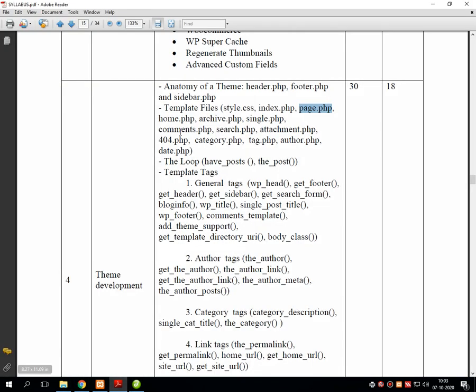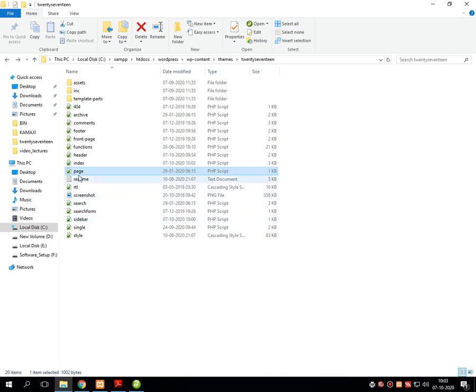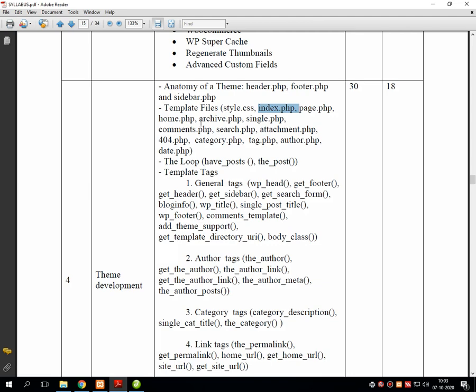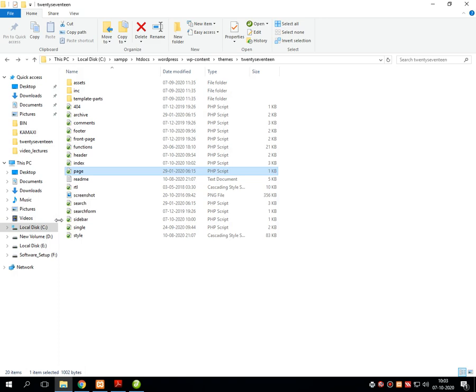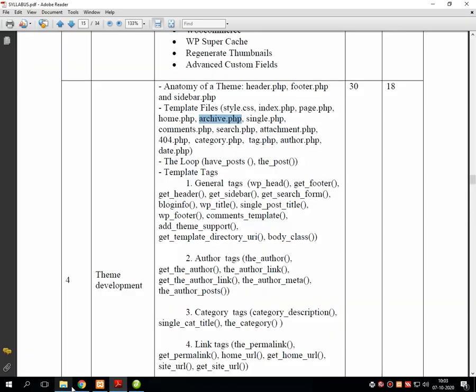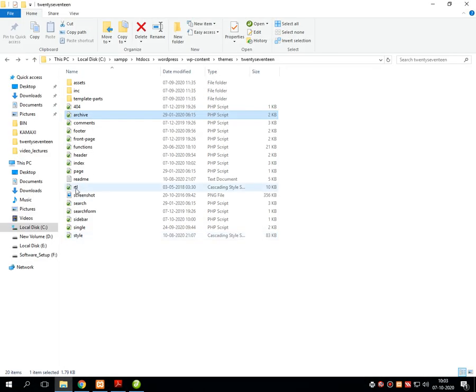Then home.php, that is similar to this one, but it might be separately created over here. Then archive.php, single.php, this is single.